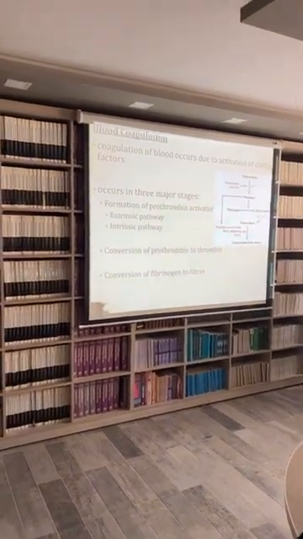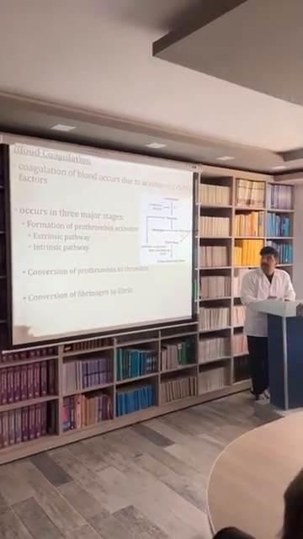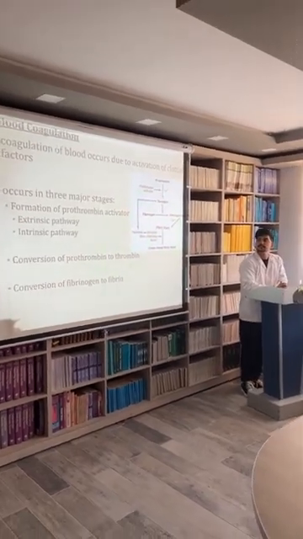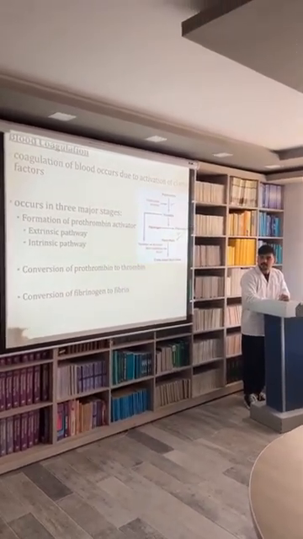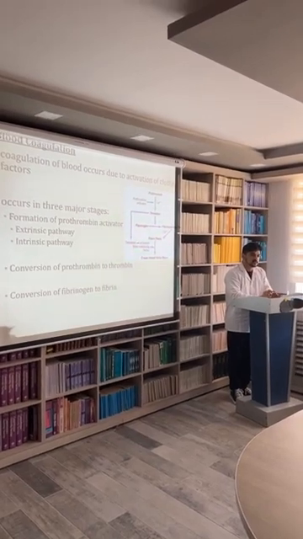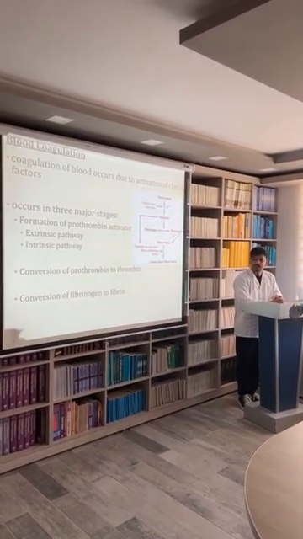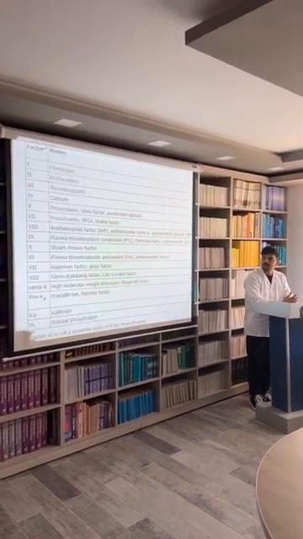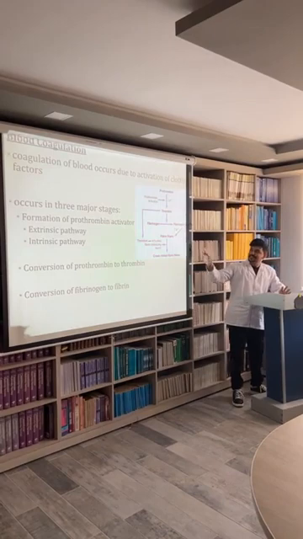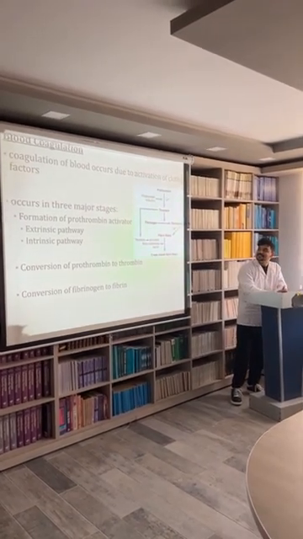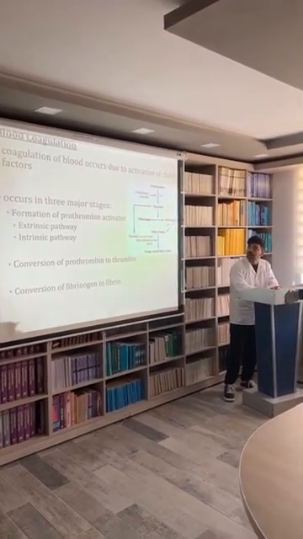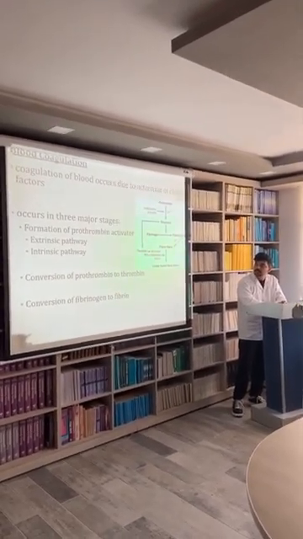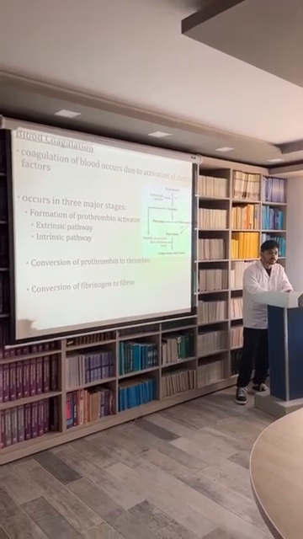Now blood coagulation. Blood coagulation mainly occurs due to the platelet activation factor, and it occurs in three stages. The first stage is the formation of the prothrombin activator, in which there are two pathways, the extrinsic pathway and the intrinsic pathway. Then there is a conversion of prothrombin to thrombin, and last there is a conversion of fibrinogen to fibrin. Back. This is the first extrinsic pathway, in which the prothrombin, with the help of the prothrombin activator and the deposition of calcium, is converted to thrombin, and this thrombin will convert the fibrinogen into the